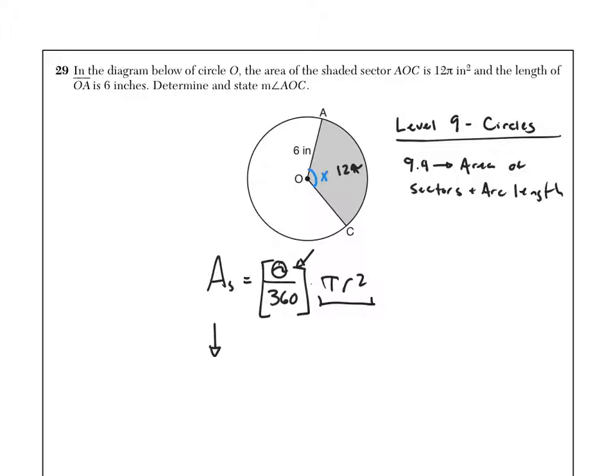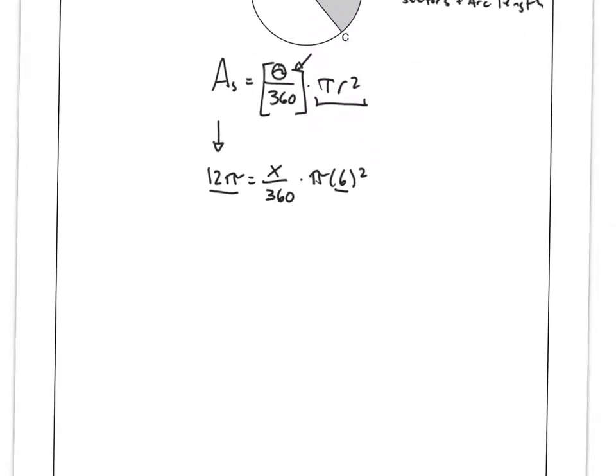So we can plug the area directly in, and we get 12 pi is equal to, now theta is our missing angle, so that's what we're looking for, so we'll put x there, x degrees, times pi times 6 squared. That's our radius. So we plugged in our given information, and now we just got to solve this guy. To do so, let's start off with this. We're going to cancel out our pi's. There's a pi on both sides, so you can divide both sides by pi, it goes away. Then we're going to multiply both sides by 360, cancels out on the left side of the equation, and on the right side of the equation, we just put that in our calculator,